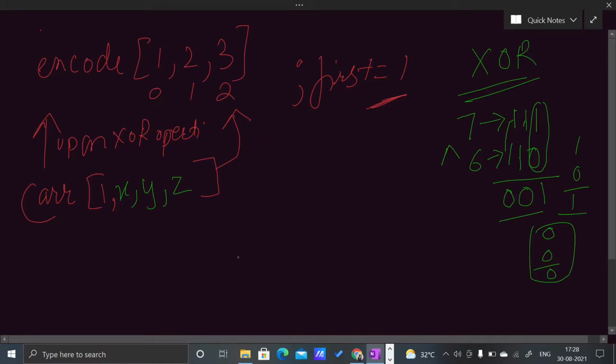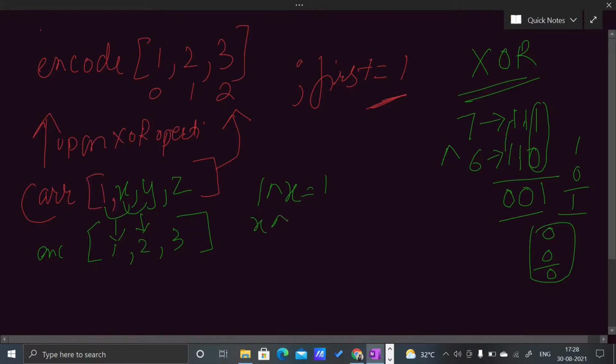Now in the encoded array ENC, I have 1 2 3. I get this 1 when I XOR first, which is 1, and x. That is, 1 XOR x will give me 1. When I XOR x and y, I will get 2.